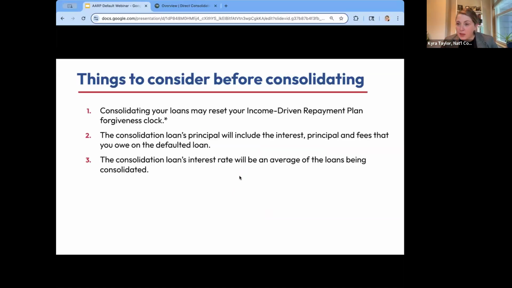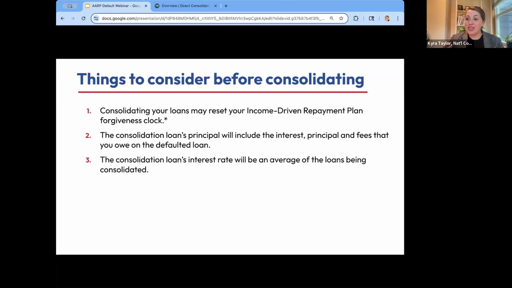A couple things I wanted to flag that you should consider before consolidating your loans. Consolidating your loans may reset your income-driven repayment plan forgiveness clock. When you're in an IDR plan, there are certain periods of repayment where, if you make qualifying payments, at the end of that repayment period your loans are forgiven. We're going to be talking about this in much more depth at the next training in October, so I hope all of you will join us.